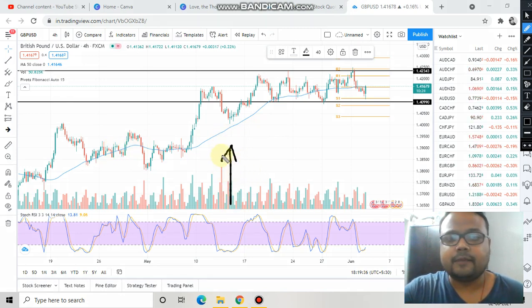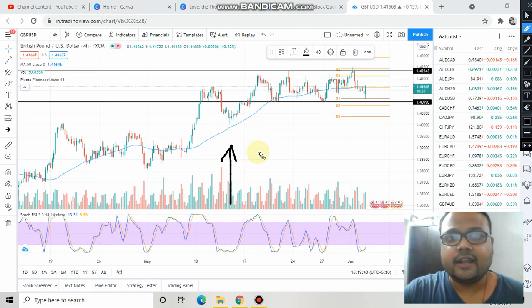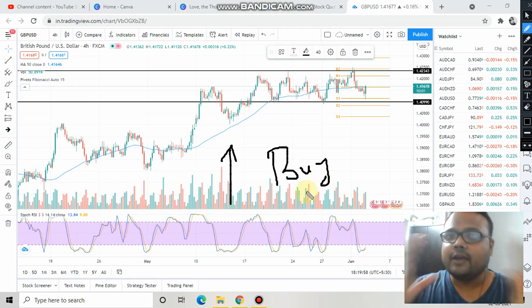Market is in an uptrend, and as we all know, we should always follow the trend. The trend is our friend. So considering this trend, what should our strategy be? If we consider the uptrend, then our strategy should be buy. In an uptrend market, whenever the market is going up, we should only look for buying opportunities, because